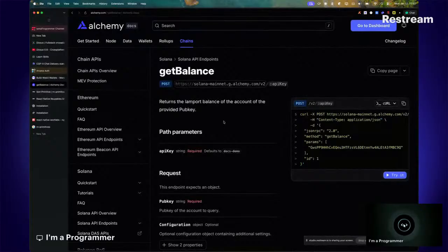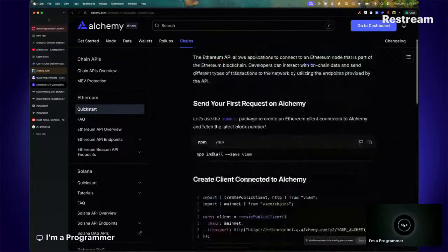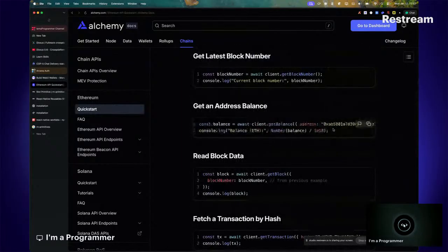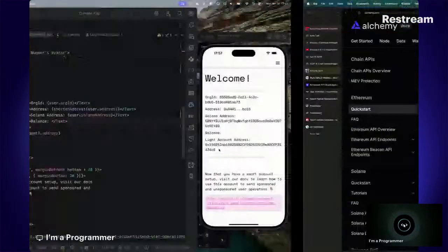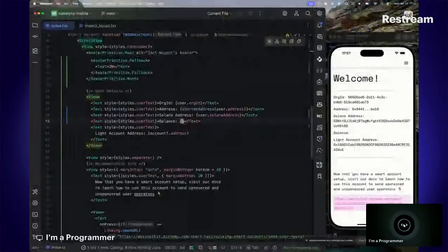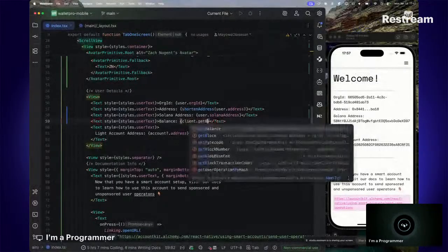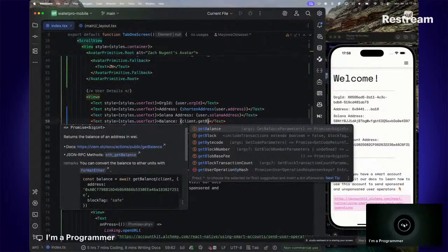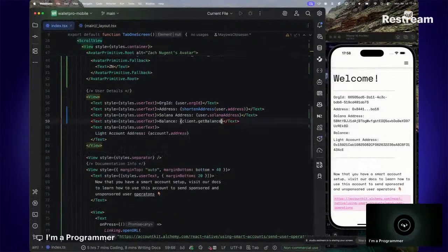Show me the functions I need. Why are you slow? Okay, let's try the get balance that we saw the other time, right? So you say get balance, return the balance of an address in wei. So I'm just going to pass in my address here. I'm going to pass in the address. My address is